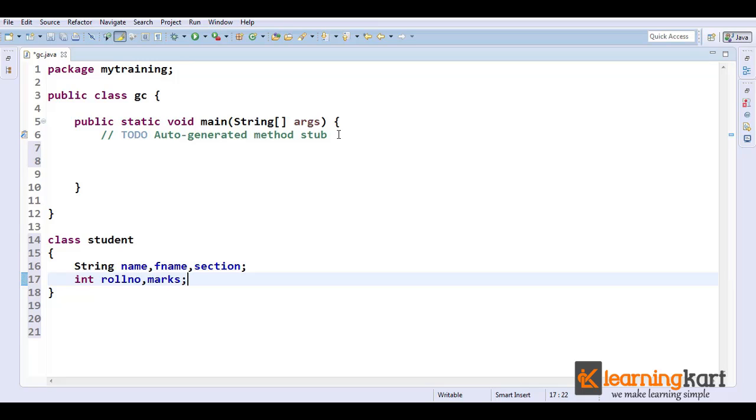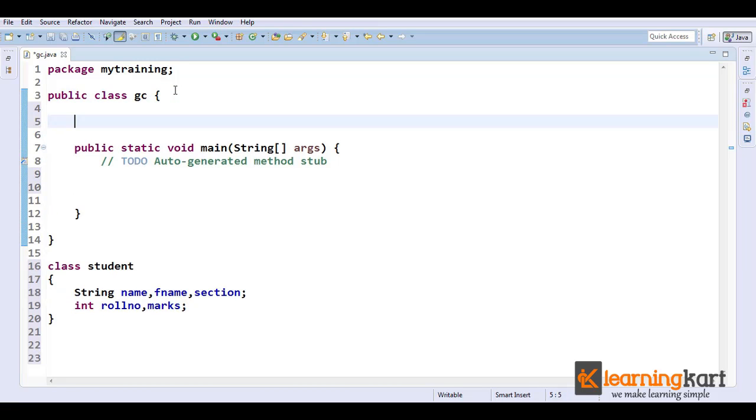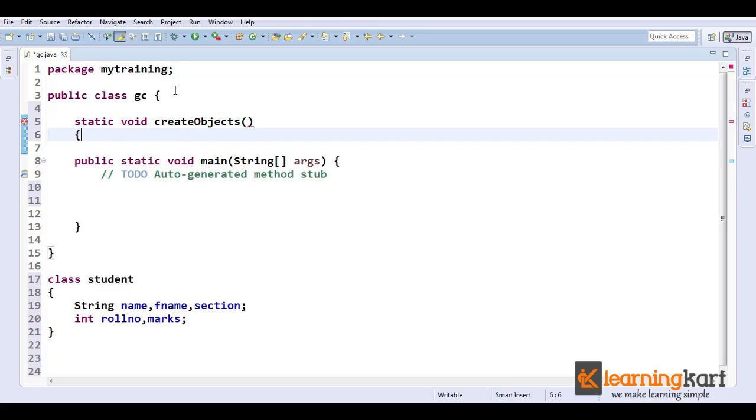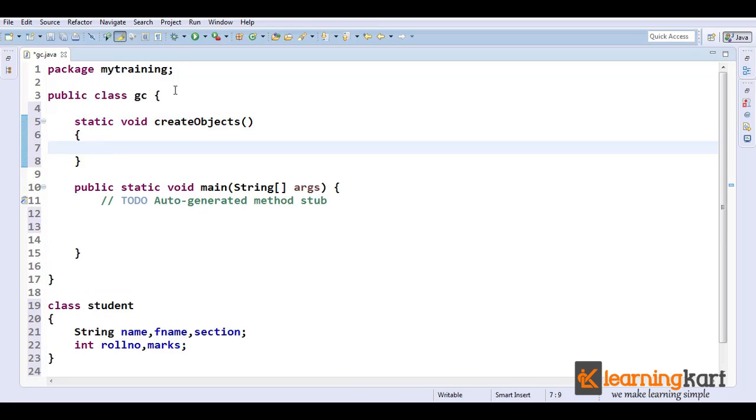So we create a class called Student that has some variables as part of it, and now let's have a method here, say static void createObjects, and this will create a number of objects that will really stoop the memory to a level where there's no more memory left to create objects,